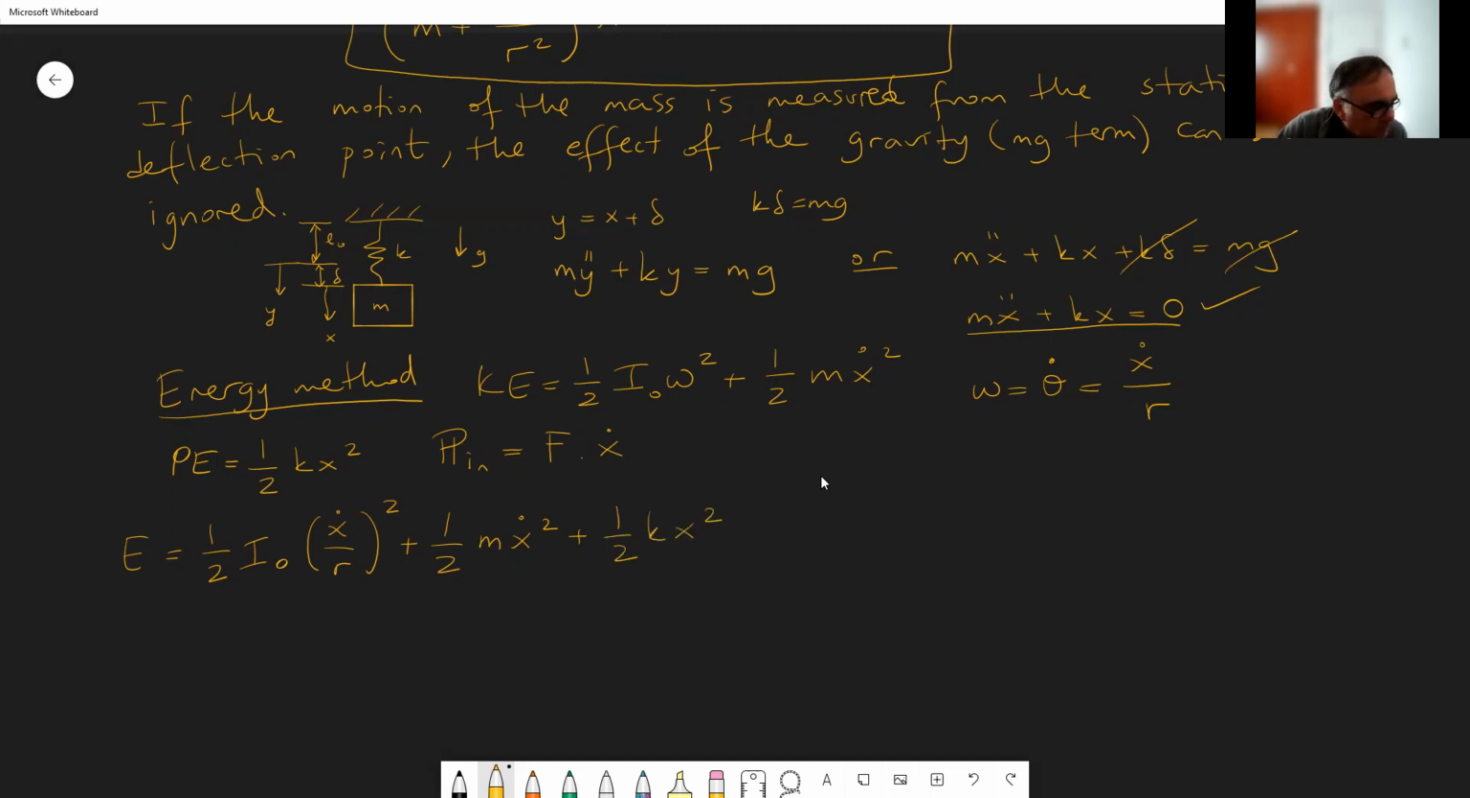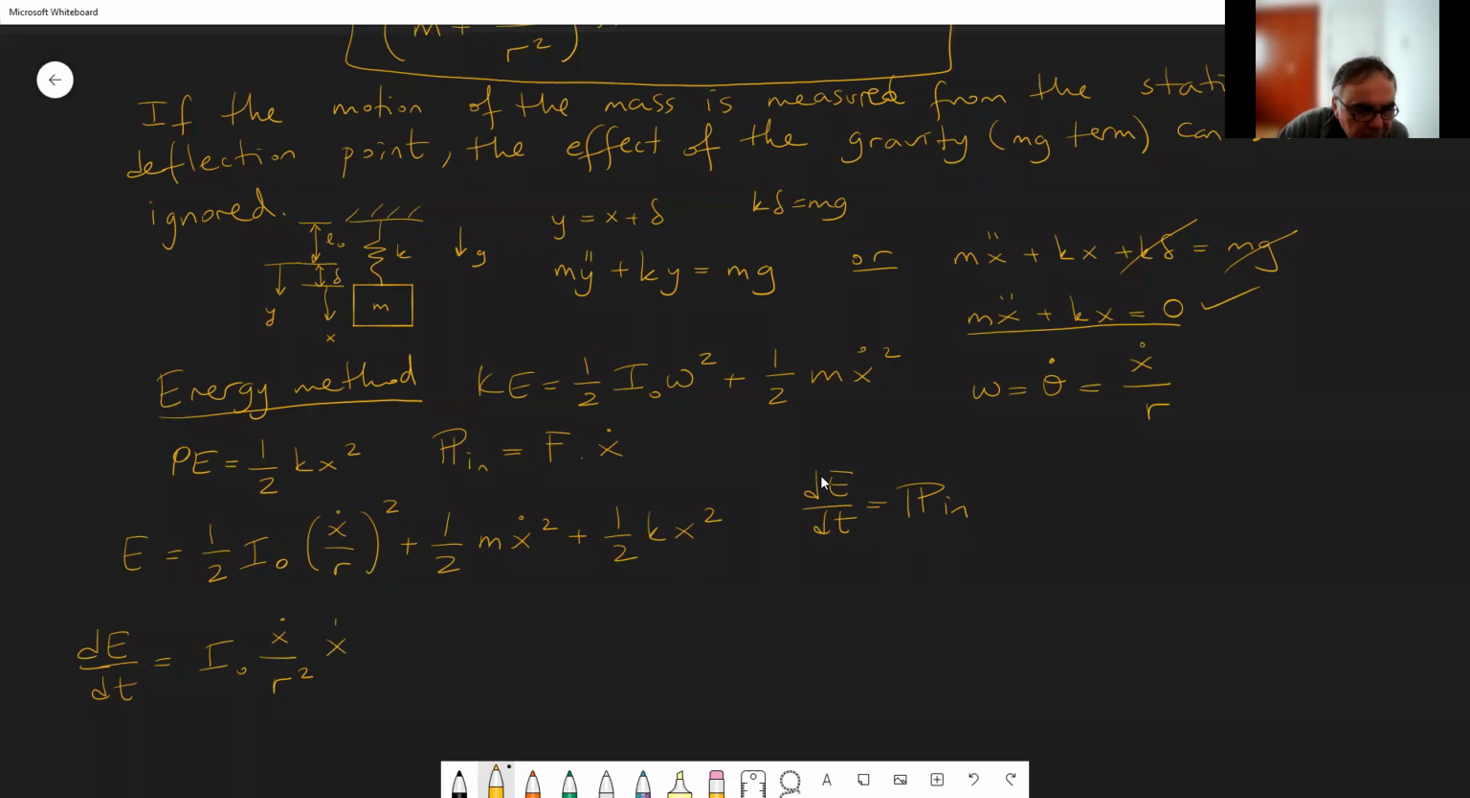Plus one over 2 kinetic squared. We write dE/dt, the time derivative of energy, is equal to power input. So let's take the derivative. This thing goes here, so I naught dot over R squared